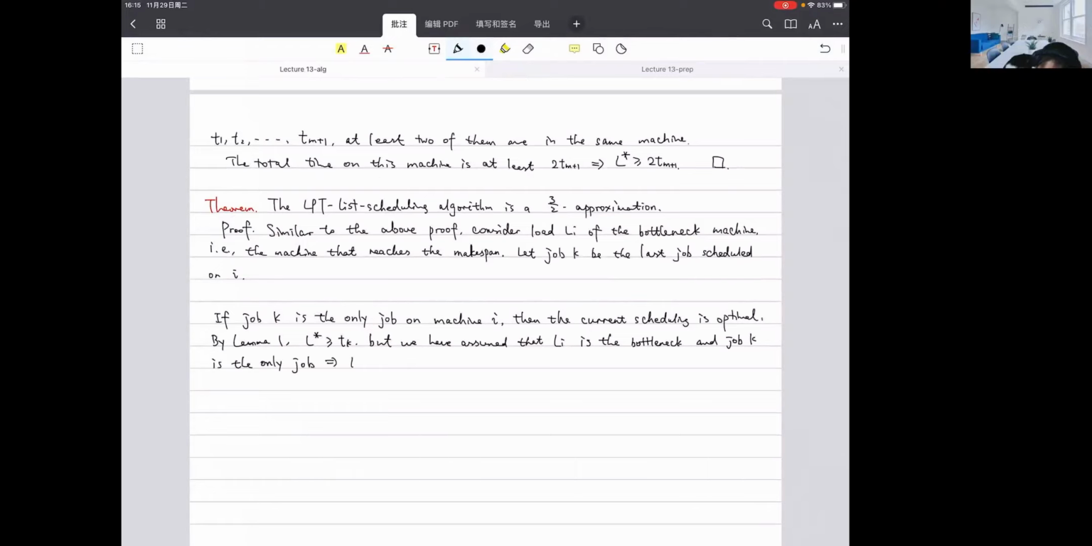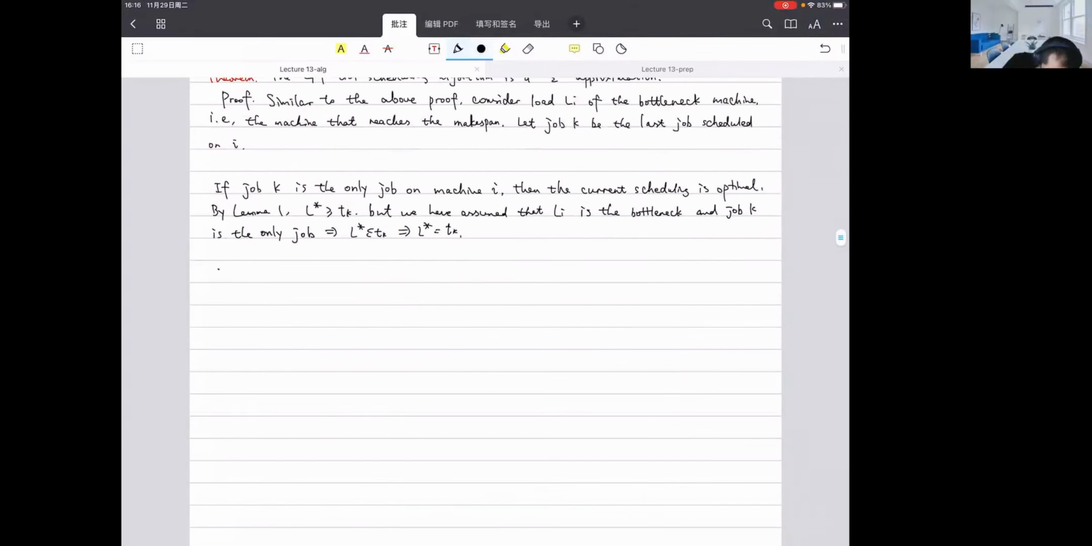This actually implies that L star is smaller than Tk, so it must be the case that L star equals T. Basically it says that if the bottleneck machine only has one job, which is job K here, then this is a very easy task that we have been talking about, and you have already given the optimal solution. Okay, so therefore,